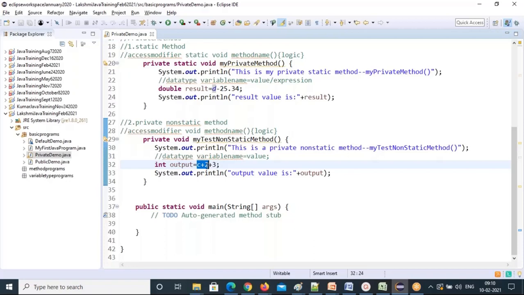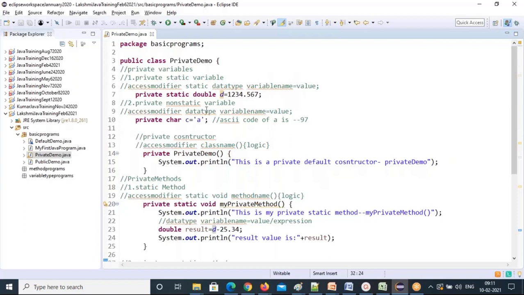Sir, we are taking string also, no, sir? We are taking int, right, sir? Anything is fine, right? I didn't take anywhere string here because previous class I took a string. Oh, only okay. Now I get it. So here I declared a double data type. Yeah. And I declared a character.